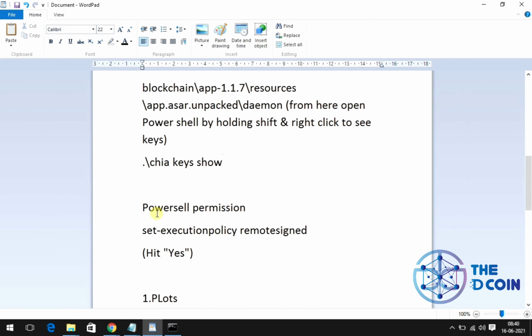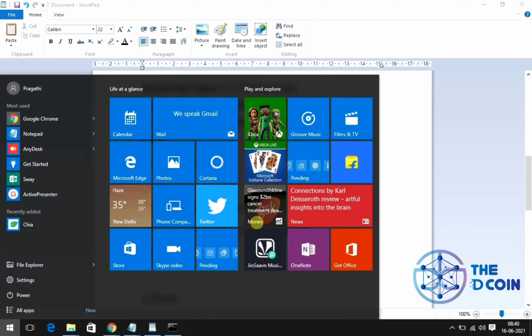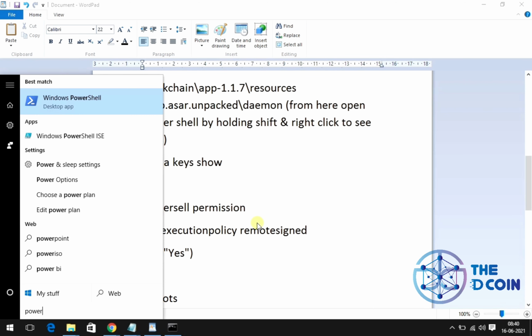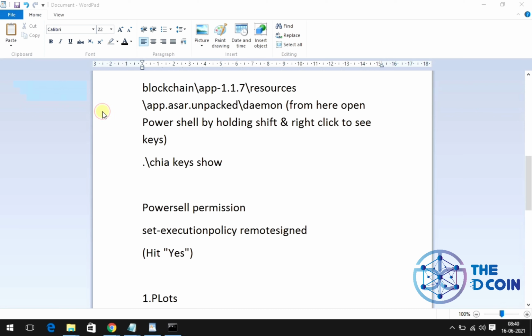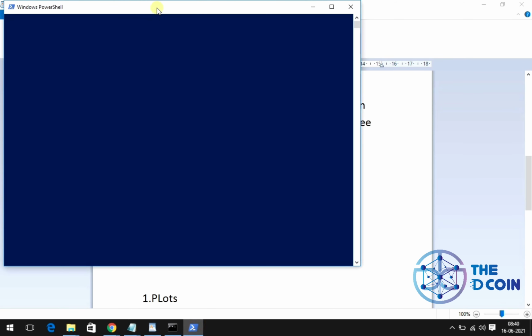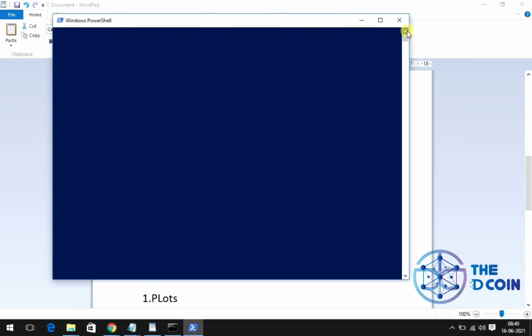Next, we have to provide permission for PowerShell to execute this particular software from remote. There is a command. Open PowerShell as administrator and copy this command. It will take a few seconds to open, depending on your system.